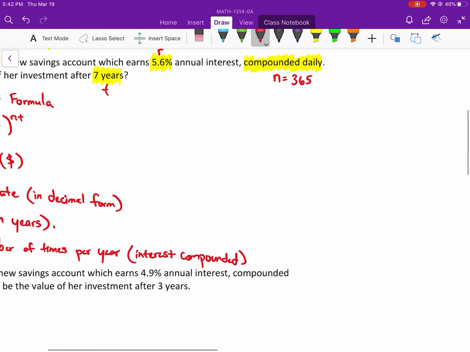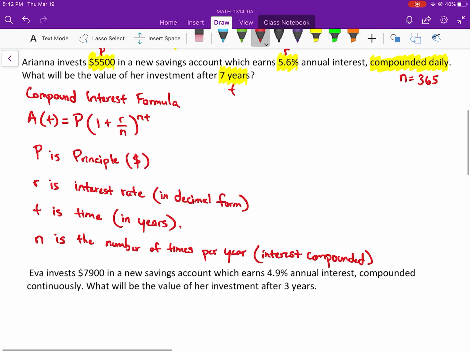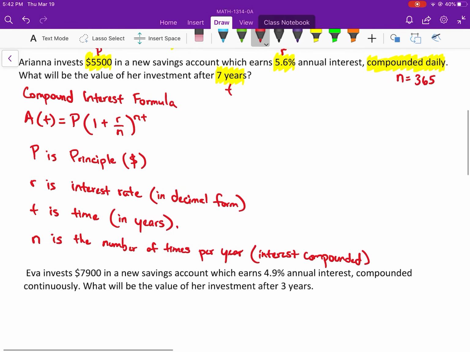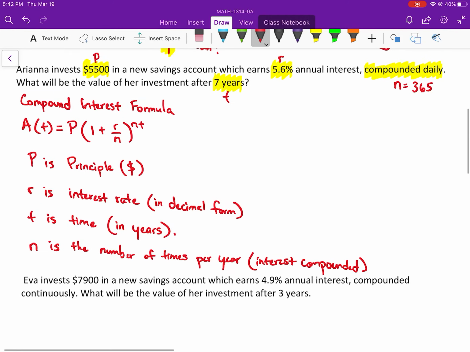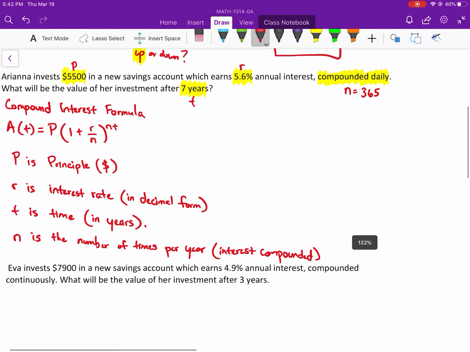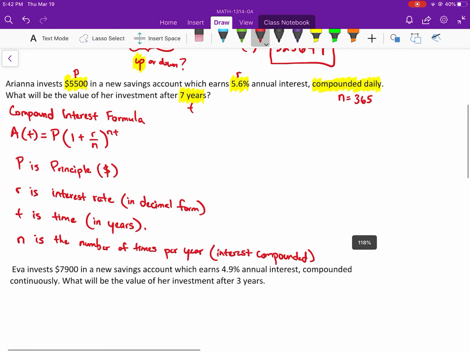Okay. Alright, so now let's go back to the problem itself, about Ariana investing $5,500 in a new savings account which earns 5.6% annual interest, compounded daily. What will be the value of her investment after 7 years? Okay. Alright, so I'm just trying to free up a little bit of room here. There we go. Alright, so we're trying to find the amount after 7 years equals, principal is $5,500